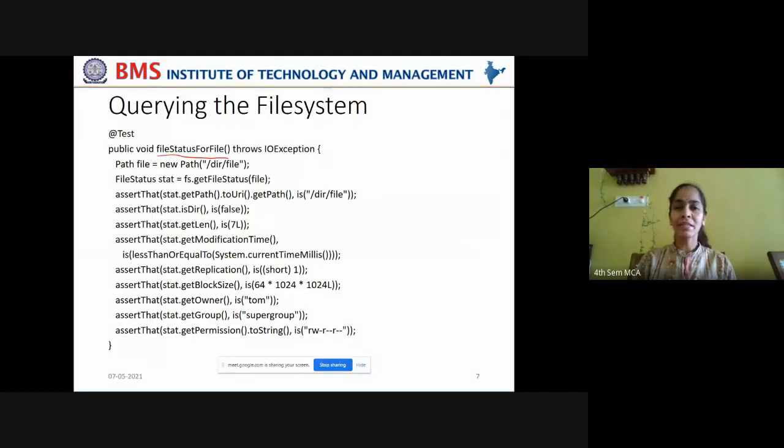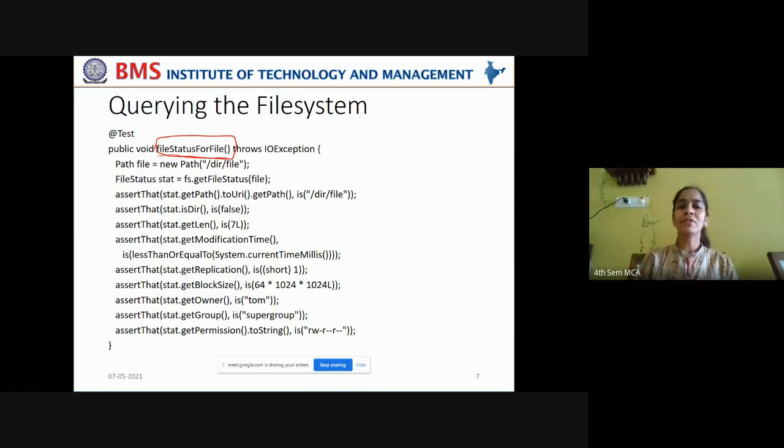Why are you creating this file status for file method? To know various parameters, whether they are set properly or not, whether the metadata that is set for the file is tallying with your expectations or not. In order to test it, you use this method file status for file.